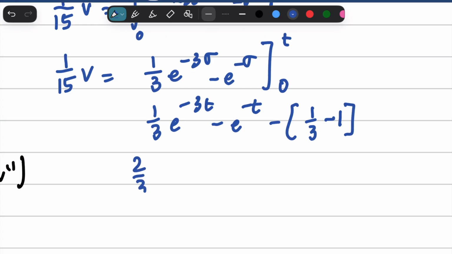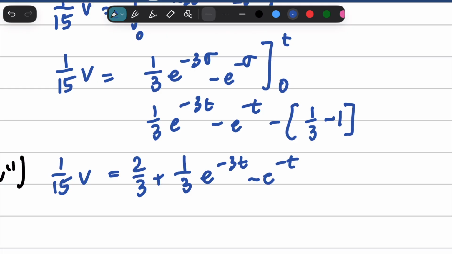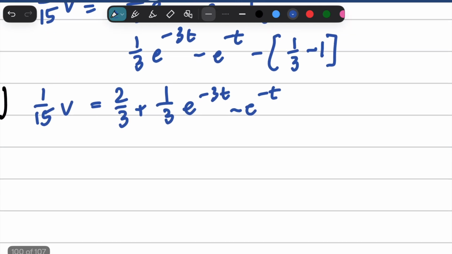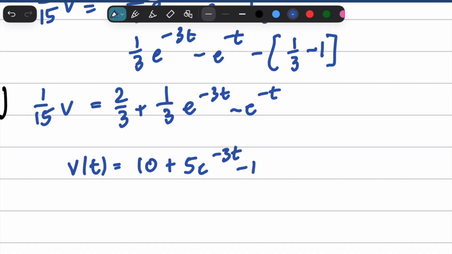So 2/3 plus 1/3 e to the negative 3t minus e to the negative t equals 1/15 v. Multiply everything across by 15, and lo and behold, we get 10 plus 5e to the negative 3t minus 15e